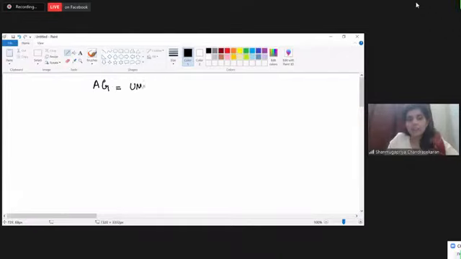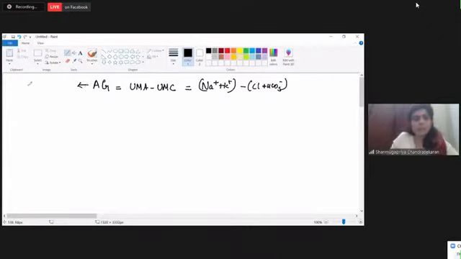For which I'm going to write again the definition of anion gap, which is the difference between unmeasured anion and unmeasured cation. I'm going to write the formula for anion gap, which is sodium plus potassium within brackets, chloride plus bicarbonate. What's the normal value of anion gap? I think I didn't tell you that. Normal value for anion gap is 12 plus or minus 2. So it's between 10 and 14, which is normal. So 15 and above is increased anion gap metabolic acidosis. Yeah. So when is there a possibility of this anion gap getting misinterpreted?